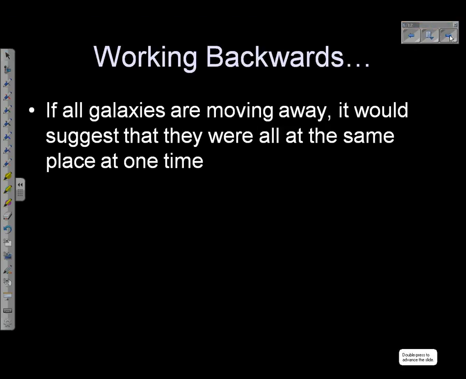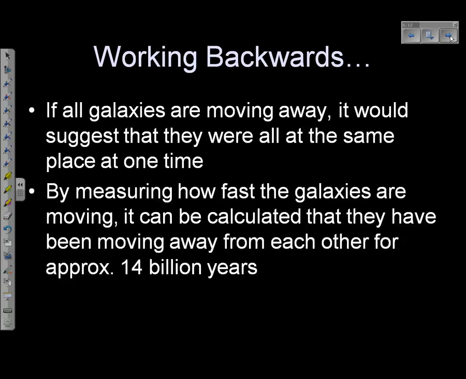If these galaxies are moving away from us, it would suggest that they came from a previous spot, based on what we know about motion. So you work backwards. You know how fast these galaxies are moving based on their redshift. We kind of know how far away they are. So we know how fast, we know how far, we can work backwards and find time. And we find out that if everything moves the way we think it should, approximately 14 to 15 billion years ago, all of that stuff was in the same spot.